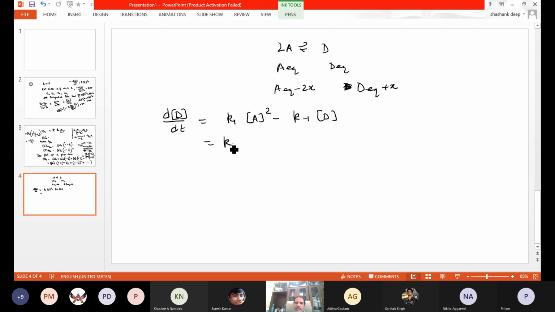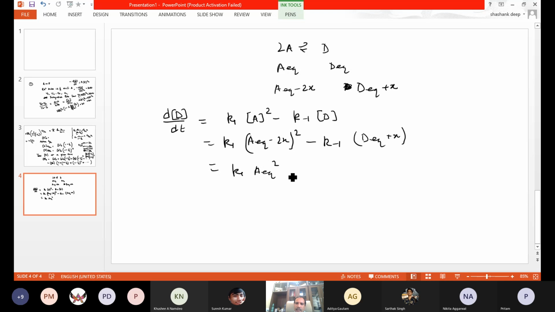Did anyone do this? Or simply you can write k1 times A equilibrium minus 2x square, minus k minus 1 times D equilibrium plus x. So this is your k1 A equilibrium square